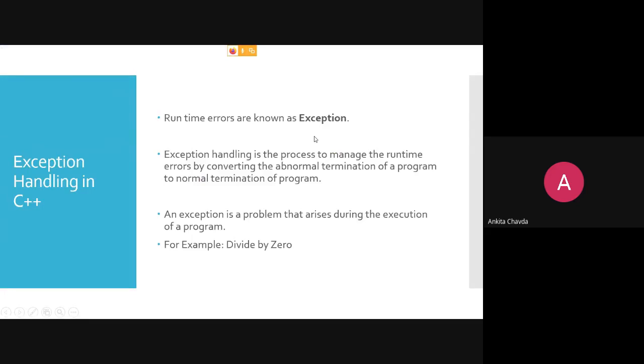So that is known as an exception. Runtime errors mean exceptions. An exception is a problem that arises during the execution of the program, not at compile time. So they are not compile time errors or syntax errors. They only come at runtime, and only if you give statements like divide by 0. If the users give normal values, there won't be any exception. For example, divide by 0 kind of errors will occur.